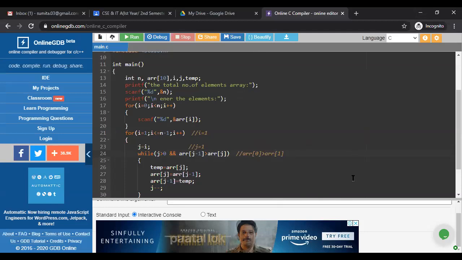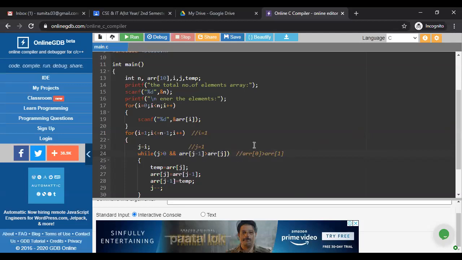So which value is in ARR 0? 44. Which value is ARR 1? 77. So 44 is not greater than ARR 1. 44 is not greater than 77. So according to iteration number 1, this part is false.